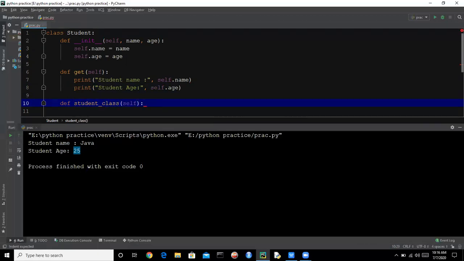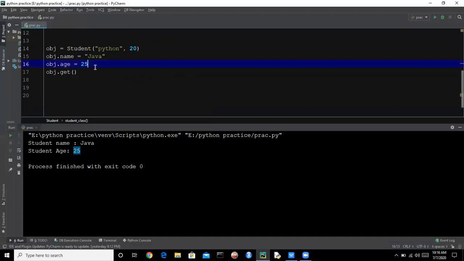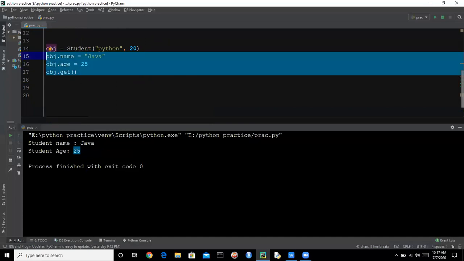It is also having the self parameter, that will be our object name. So let's print student is of class CS. So you can create multiple objects.